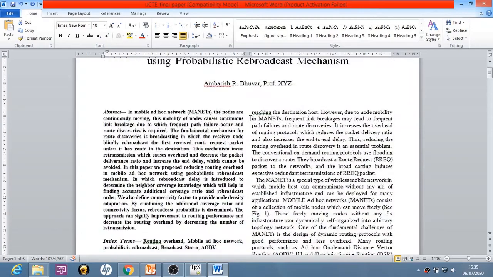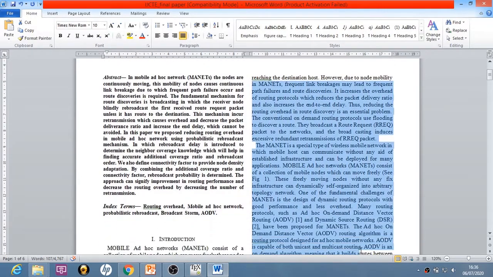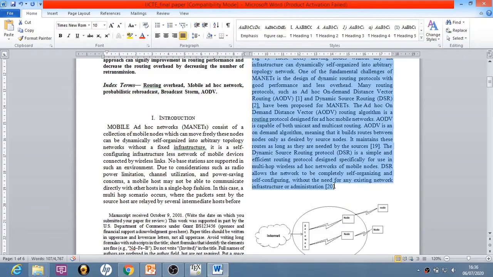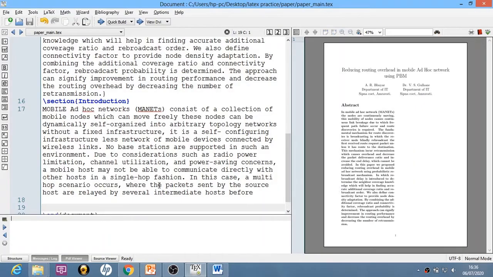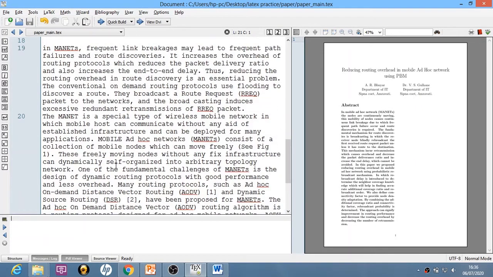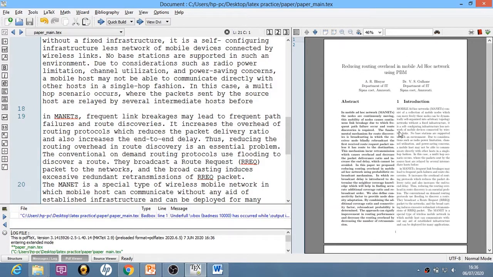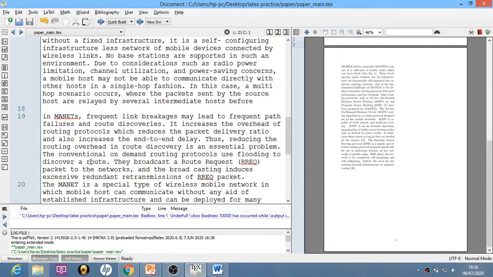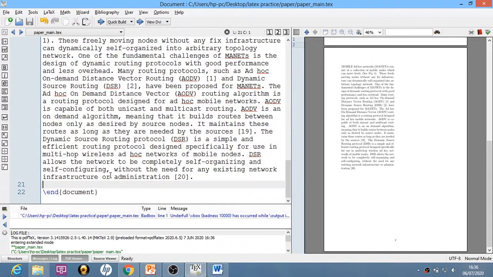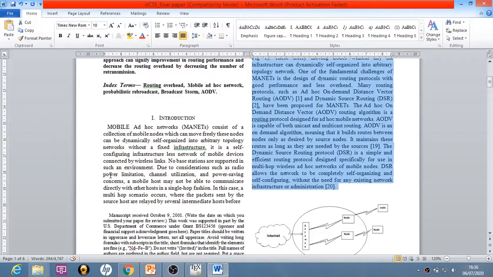Then you will go to this side, copy this content, paste it, and compile it. Okay, you can see that the introduction is displayed on your paper.